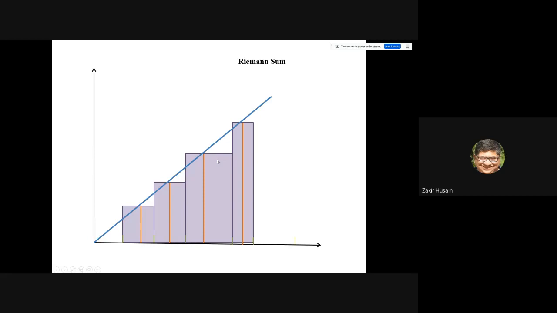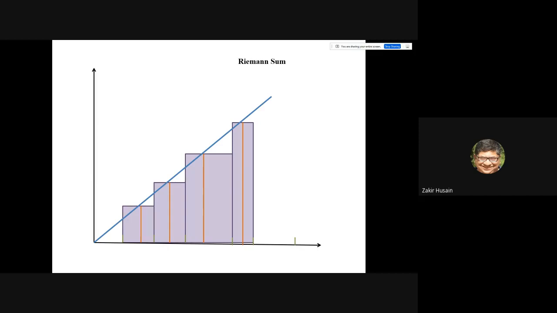So the first problem is it's only an approximation. And in this case, you can see that the approximation is not really a good one, is it? This will make a huge difference. Over here, it's a huge difference. Secondly, as I've told you, depending on your choice of subintervals and choice of omegas, your Riemann sum will also differ, right? So first of all, it's not a proper estimate. It's either an overestimate or an underestimate.